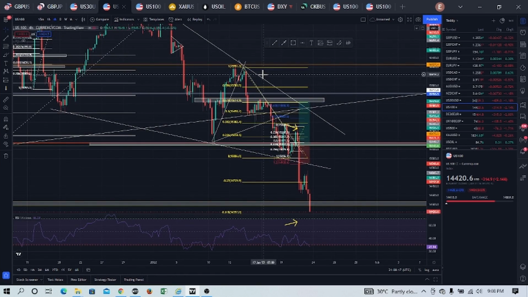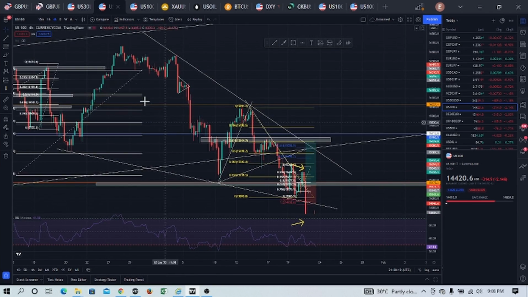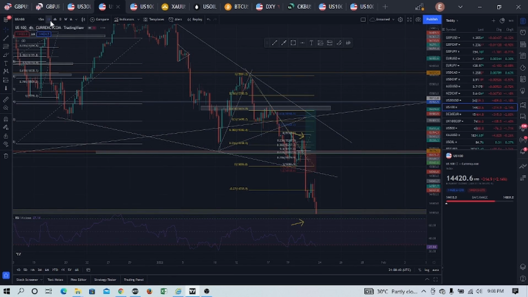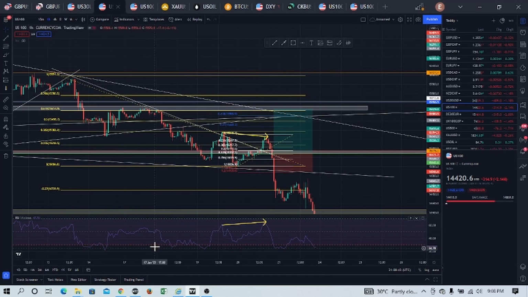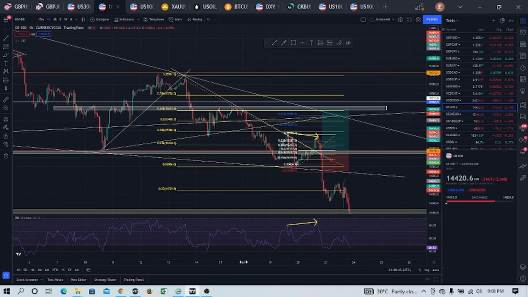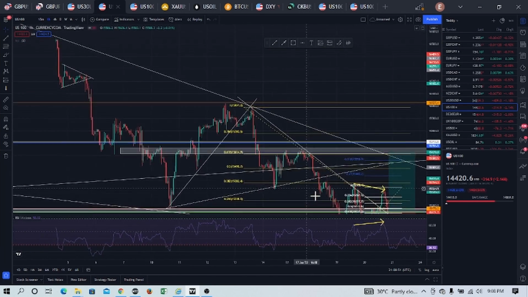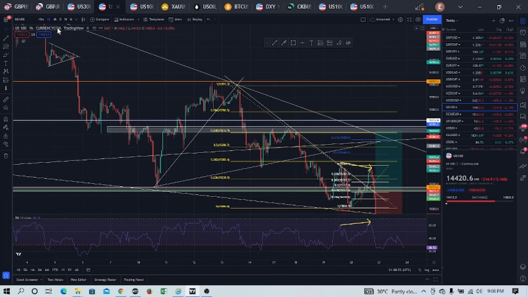Now, this NASDAQ for some time, from this point, has been in a bearish movement. As we can see, lower highs being printed, lower lows and lower highs. So we are already in a bearish movement. Now, let me move to the 1 hour time frame so we can see things clearly from this side. All right. So we can see that there is a major,